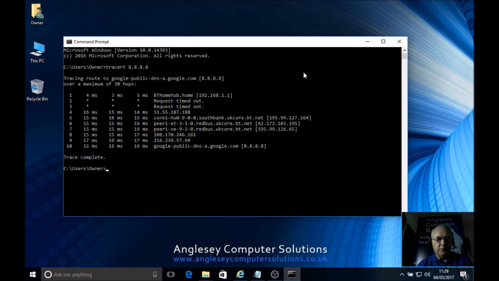It's now arrived at the Google DNS, but you can see on the way it seems to have gone via BT South Bank, Redbus UK Core, and various other locations. Now we can have a look to see where those locations are if we have a look at some of the IP addresses. So let's have a look at this first one,